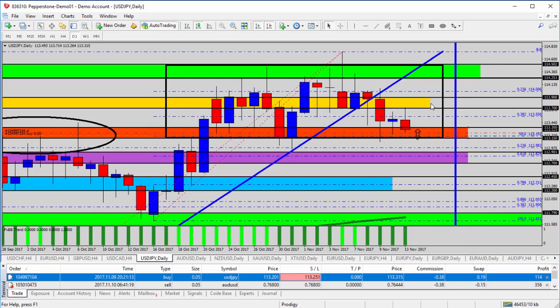As long as it stays above it, I'm going to hold what I have, looking for it to bounce back up to the yellow zone, as it's already done. And of course, above the yellow zone, the green zone becomes our target for potential continuation of the trend. And again, this orange zone is your main area to focus in on. That's 113.15, 113.55. Support there, potentially goes back up, breaking there, potentially sees further reversal for the downside for the